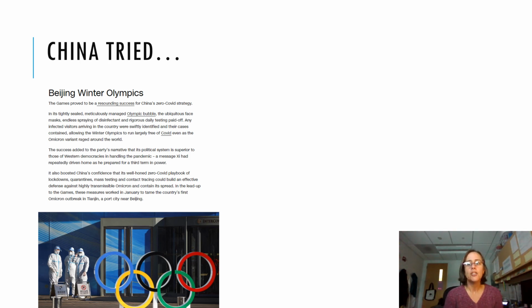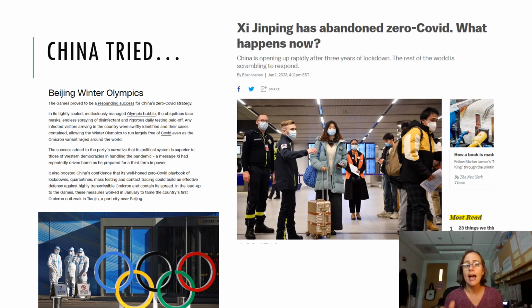And so just in December and January of 2022, 2023, people in China started protesting all of the lockdowns and the severe measures as China was trying to maintain the zero COVID policy. And so in early January 2023, the leader of China, Xi Jinping, said, okay, we're going to lift the restrictions,